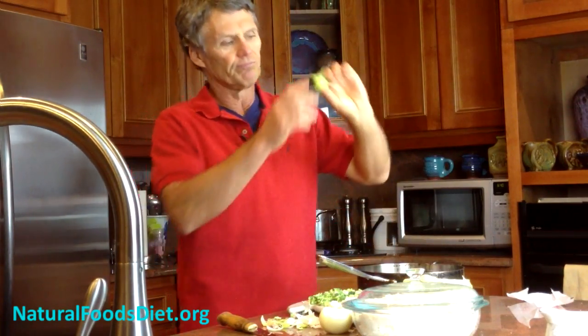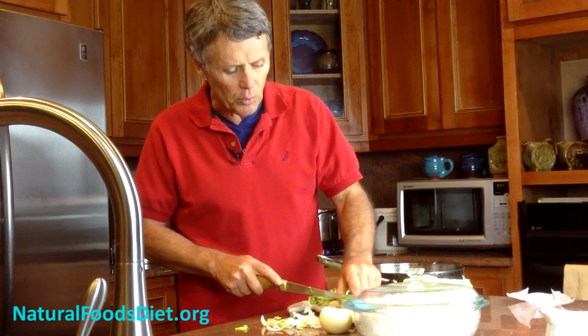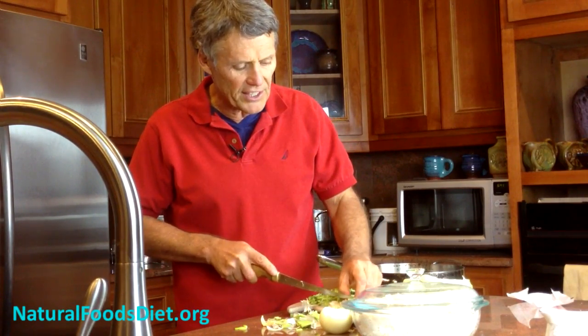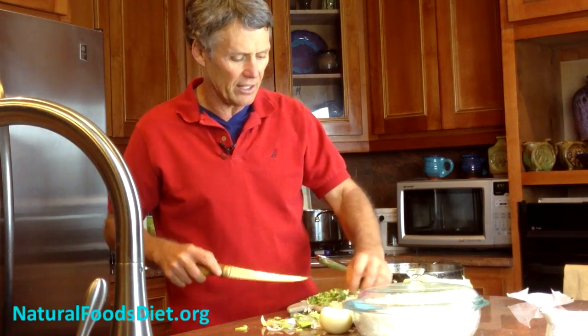All right, so we heat up the butter. We cook the vegetables. Now, a tip on the broccoli: the stem is woody, so we peel off the wood. We save the wood for our compost. And then that inner, nice, beautiful broccoli stem, we slice up to cook, to put into our rice, and it tastes wonderful after your taste buds are back to their natural state, which is what we want, to get all of our taste buds back there. So we simmer the vegetables till they're cooked, then we add the rice in small amounts